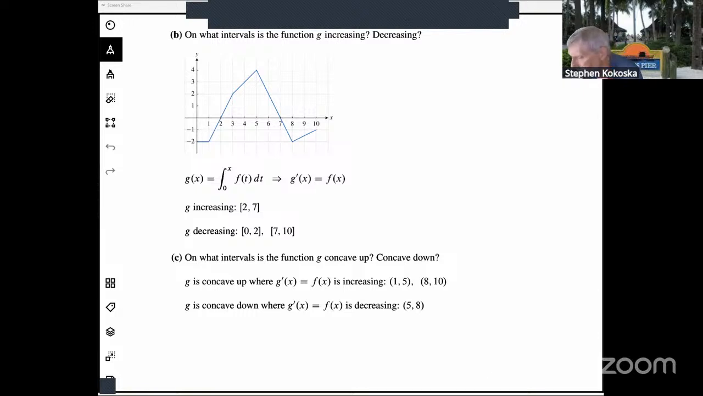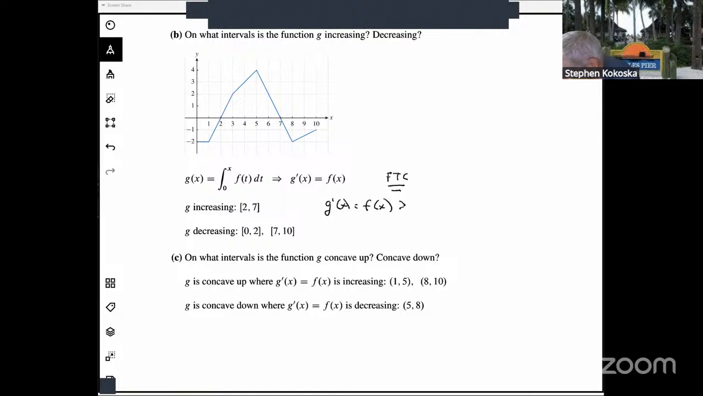On what intervals is the function g increasing, or where is it decreasing? Well, we know that g prime of x is equal to f of x. That's true by the fundamental theorem of calculus. So I've got some problems here in number 1 mixed in here, forgive me about that, but we know that the fundamental theorem of calculus tells us that g prime of x is equal to f of x. So the first thing I'm going to do is take a look and see where g prime of x, which is equal to f of x,